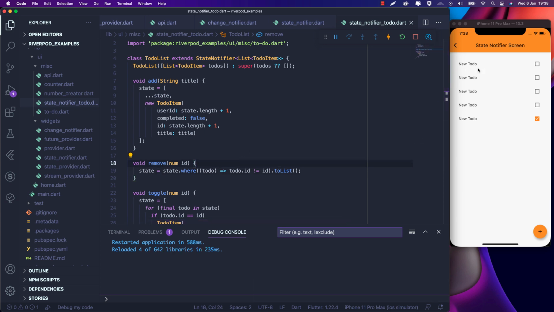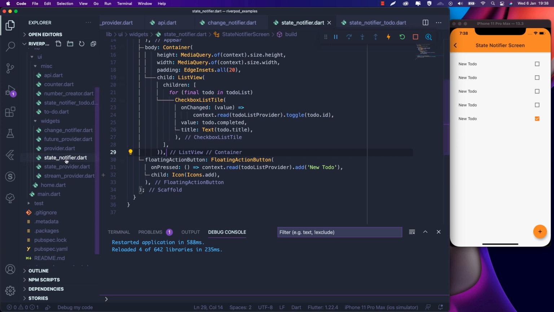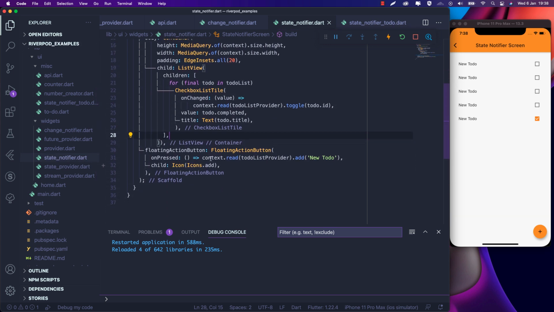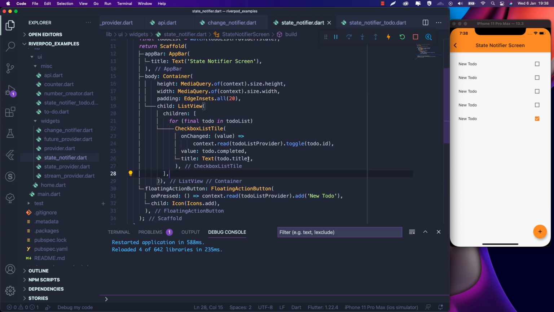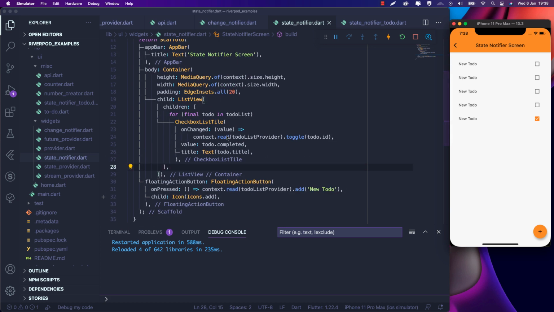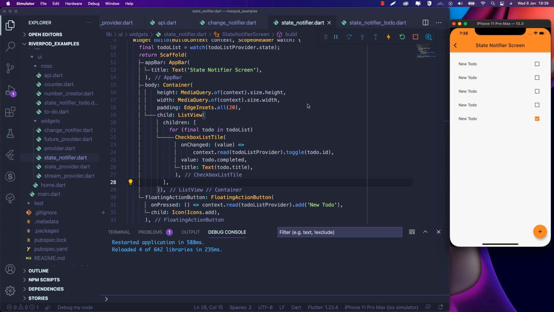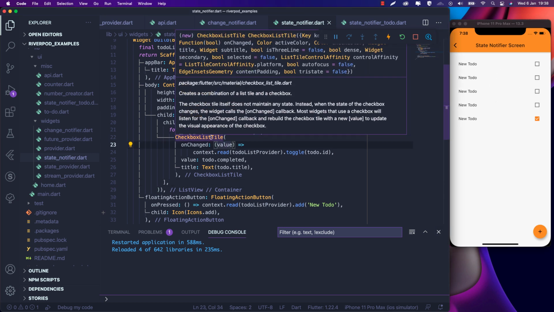and we can have something here, a button that, when we click, will remove that item from the list. So go ahead and implement that. If you go here, you can add another button to remove on each one, and then you just call context.read, the provider.remove, and then you pass the ID of the todo and it's going to remove. So you're probably going to do it around here,